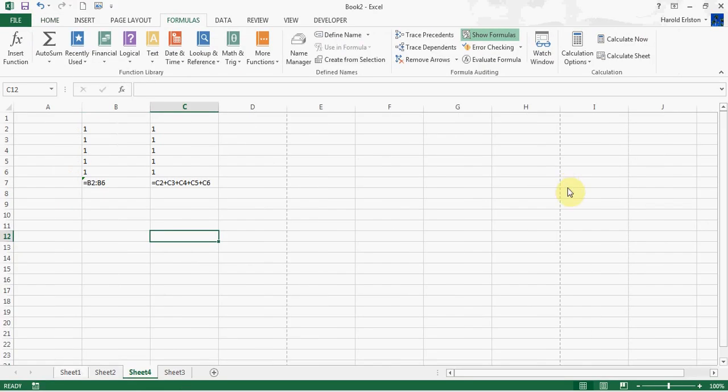You can see now the difference between those two formulas. The first one is not actually a complete formula, that is why it's giving you a value error, and the second one is a proper formula showing the different cells that were selected and asked us to add the numbers together. The reason why we used cells instead of just typing in the values as C1 plus 2 plus 3 plus 4 plus 5 plus 6 is because if we use a cell at any stage,